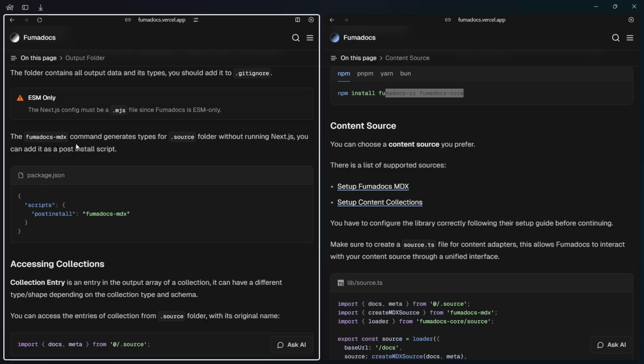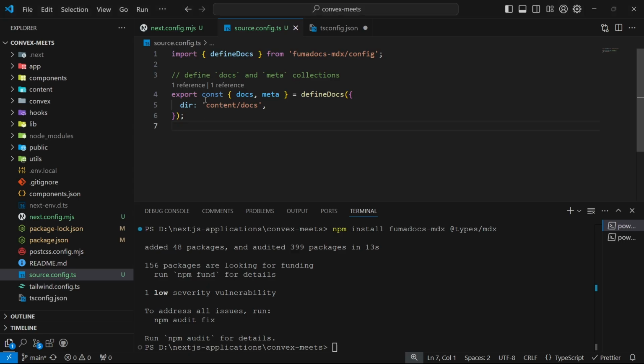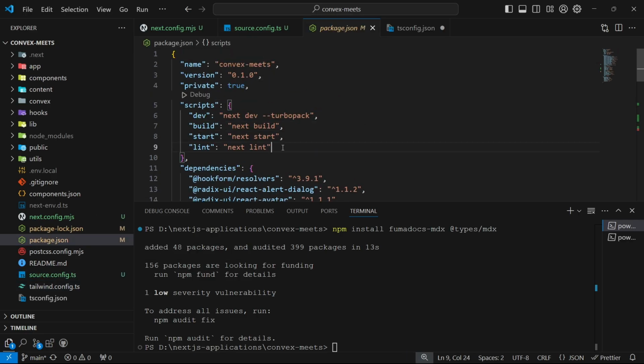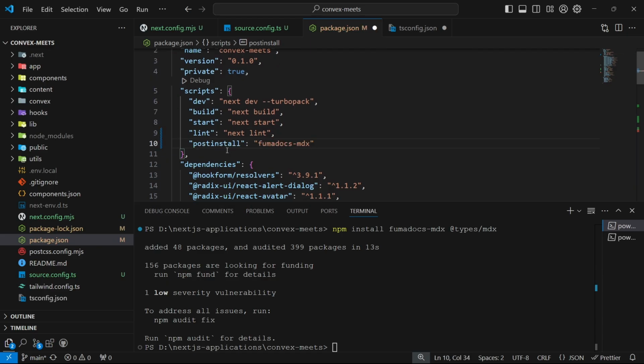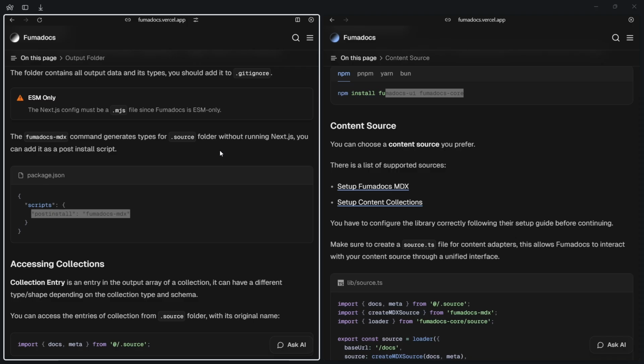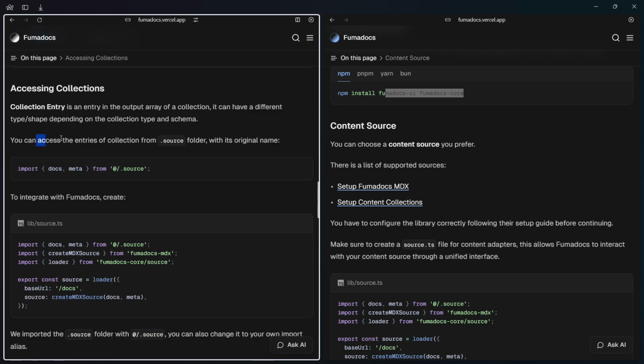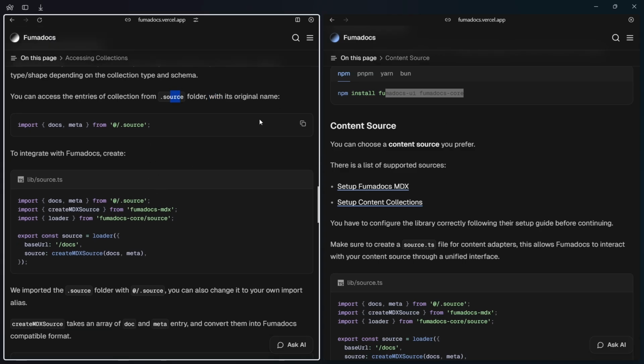They tell us you can add it as postinstall. So you can go ahead and copy this, go into our package scripts here, add it somewhere down like this and save. With that done, they tell us about accessing the collections. You can access the entire collections from the .source.ts, which will be auto-generated. But now, to integrate with this,